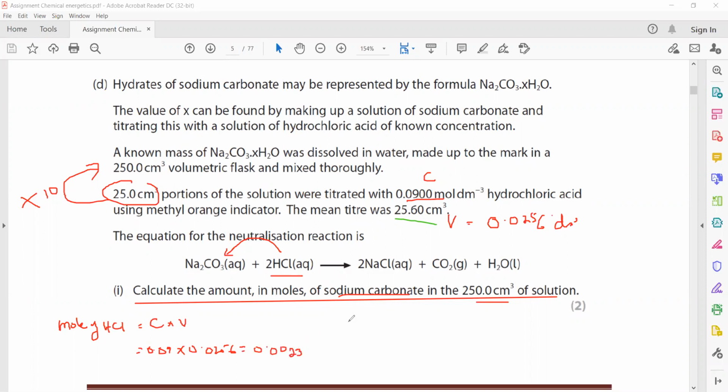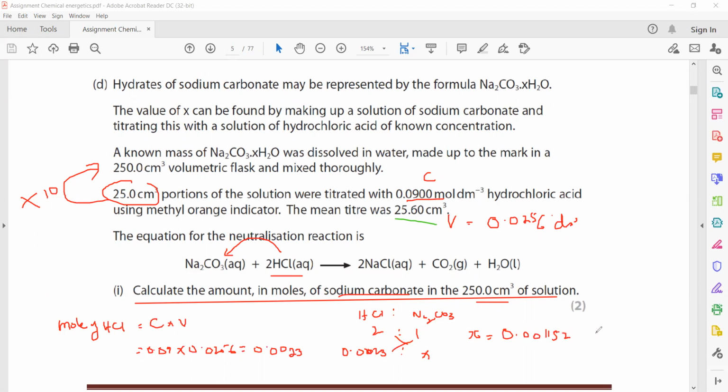These are the moles of HCl, but HCl to sodium carbonate, the simplest ratio is 2 to 1. So if we have 0.0023, this will be x, cross multiply. So we'll get the moles 0.0023 divided by 2. So we'll get the moles